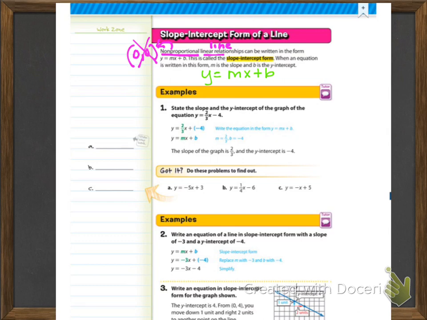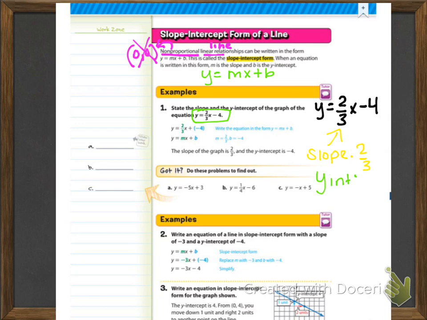State the slope and the y-intercept of a graph of the equation y equals 2/3 x minus 4. So all we need to do is look at the equation here. We're going to write it out to the side. Go ahead and write it out to the side. And then we want to pick out the slope and the y-intercept. Pretty easy. So this right here is going to be your slope, the 2/3. So slope is 2/3. And the y-intercept,